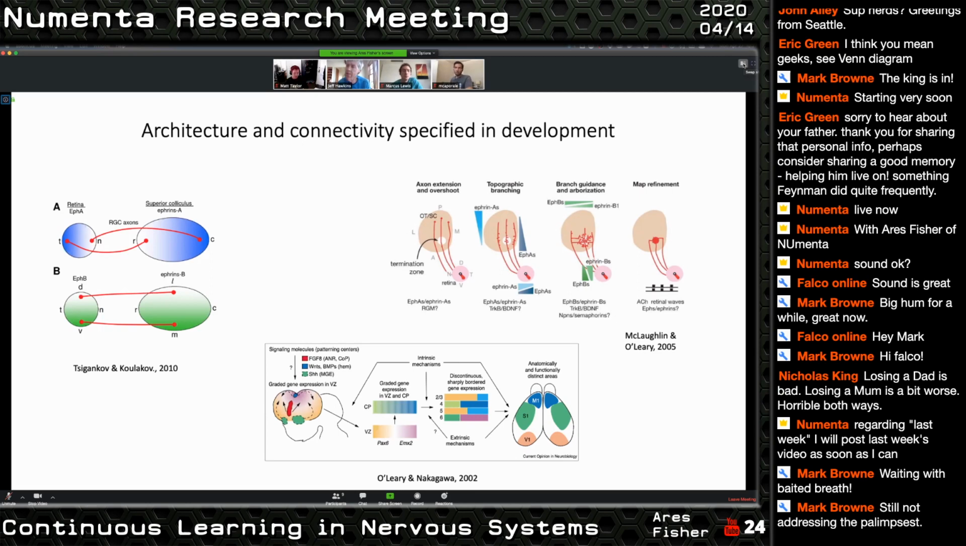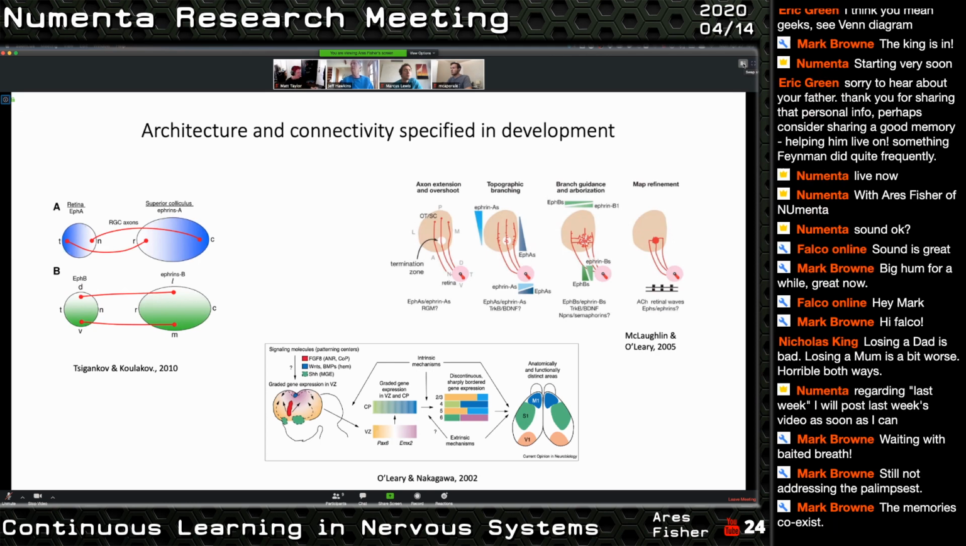the cortex of the brain isn't one homogeneous layer that just receives input from everywhere, which would more easily lead to this kind of